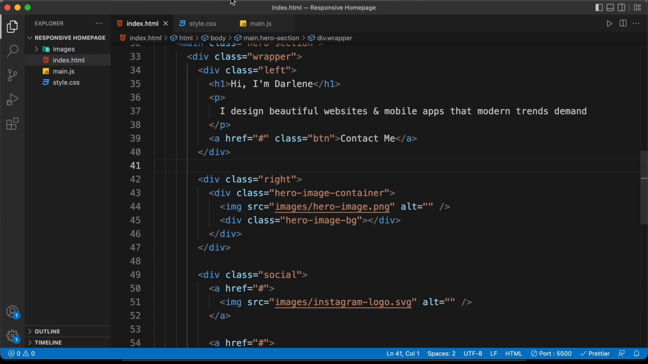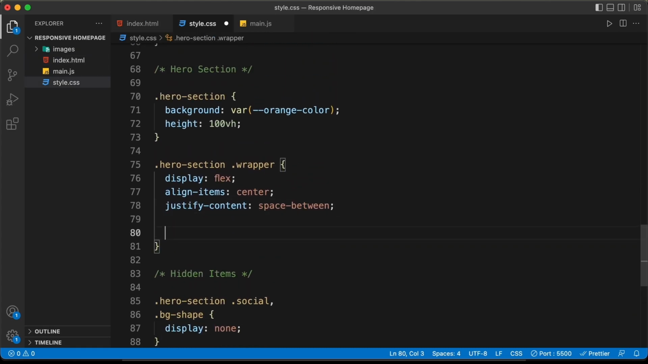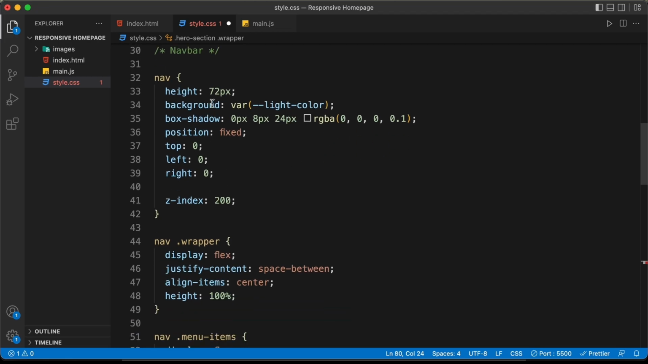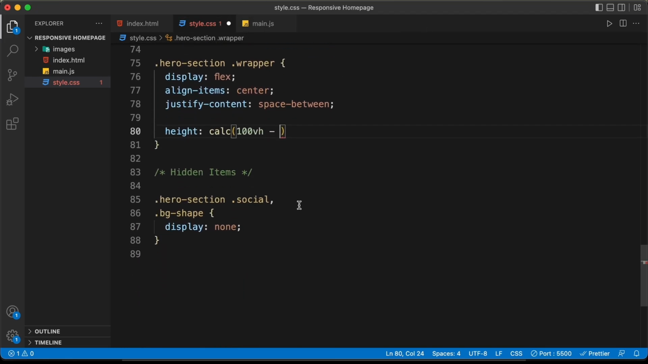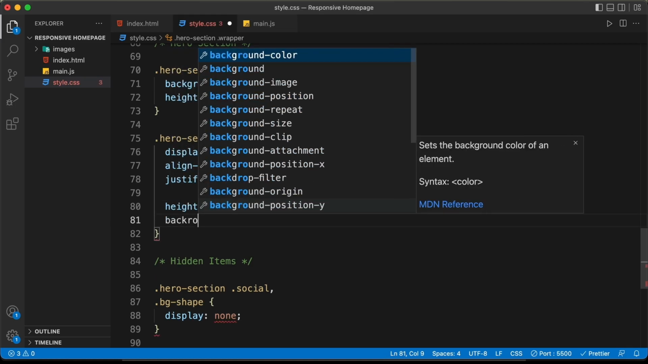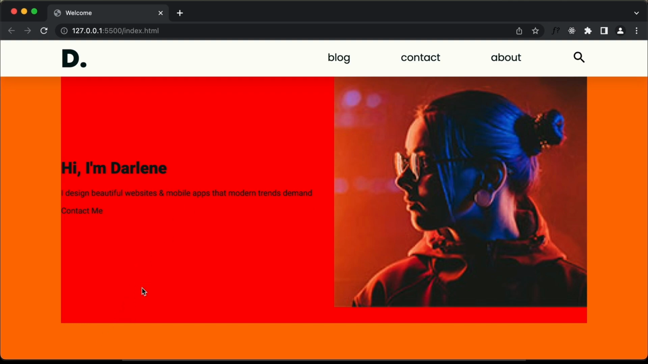So let's go back to our CSS and here for the wrapper, let's set the height to calc and we'll set it to 100 viewport height minus the height of our nav bar. So if you scroll up, for the nav bar we have a height of 72 pixels. So let's type 72 pixels over here. And now if we add a background color over here, here we can see this is the height of our